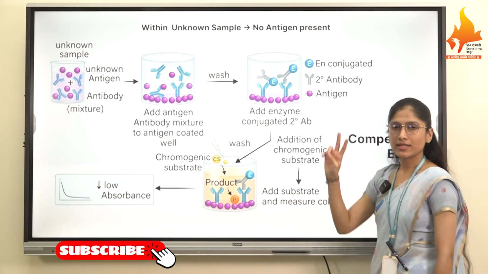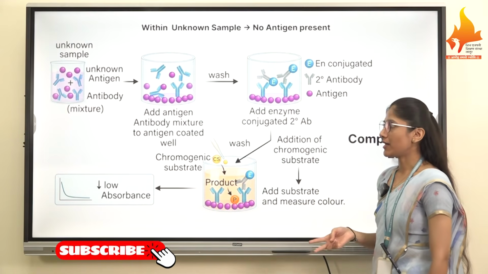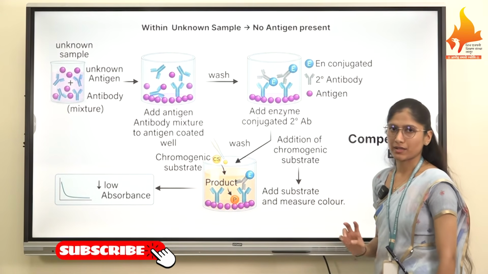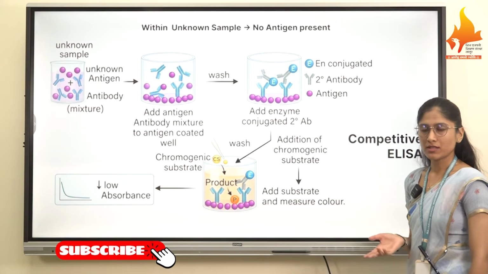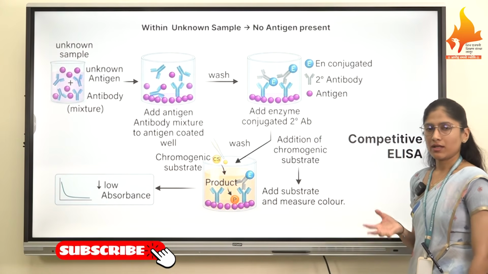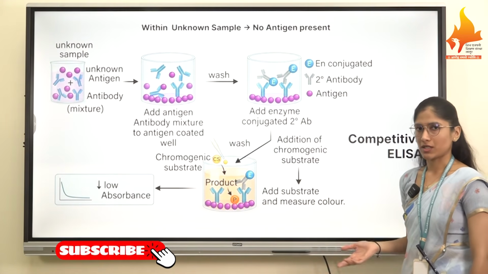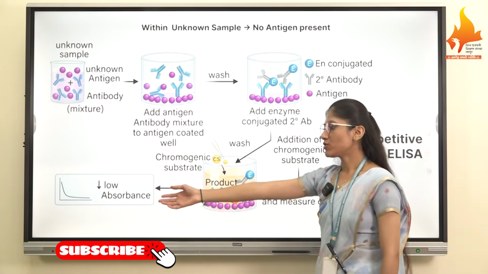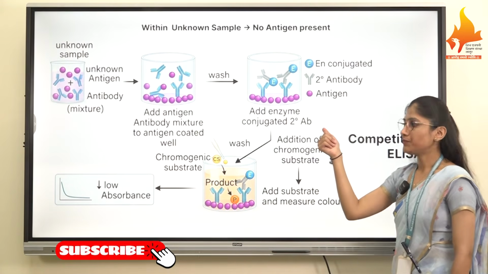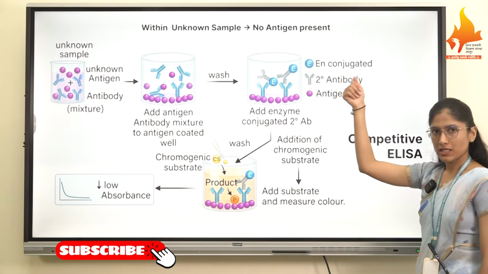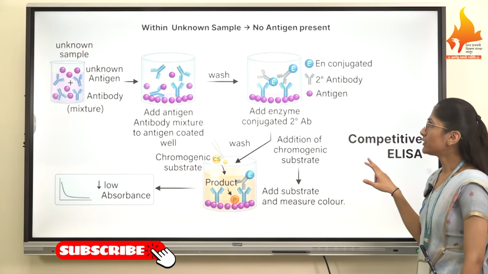Then we add the enzyme linked secondary antibody. That enzyme linked secondary antibody binds to the primary antibody. For that particular enzyme, we add the substrate. The chromogenic substrate is responsible for the conversion of colorless substrate to the colored product. Then we measure the absorbance. So here, within the unknown sample, no antigen is present, so absorbance is low. Second case,